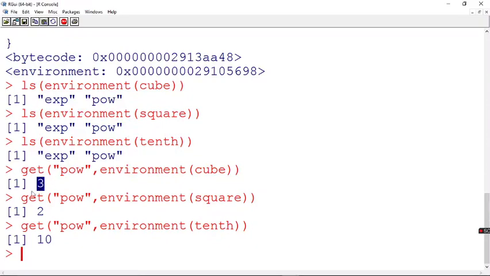If it is not available in this environment, then it will search the next level, which is your global environment. If it is there, that will be assigned. If it is not there, then the remaining packages and finally the base will be searched and it will assign the value. So this is the most important concept in R programming, which we call lexical scoping. You have different environments for different functions. Is it clear? Yes. Okay.